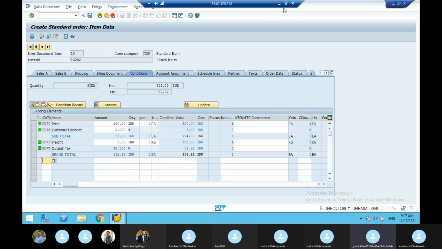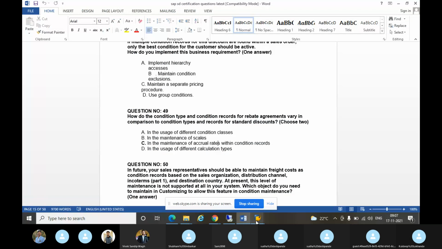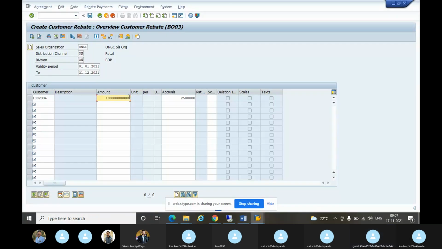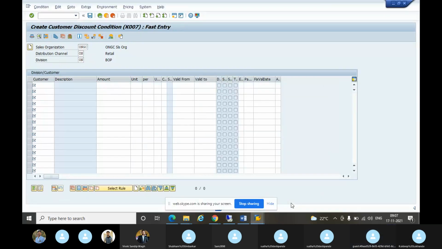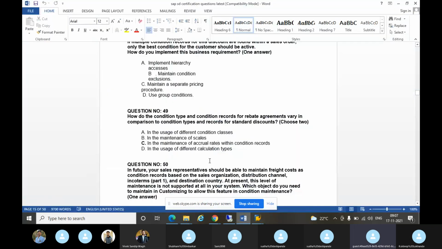It is here only. See here, in the rebate condition record, accruals are there. But in the standard discount K007, no accruals. So that is why it is a difference. They will ask this in the interview and exam.